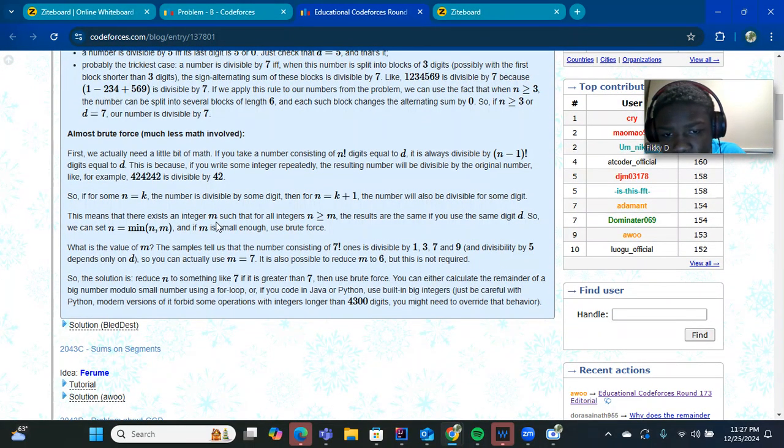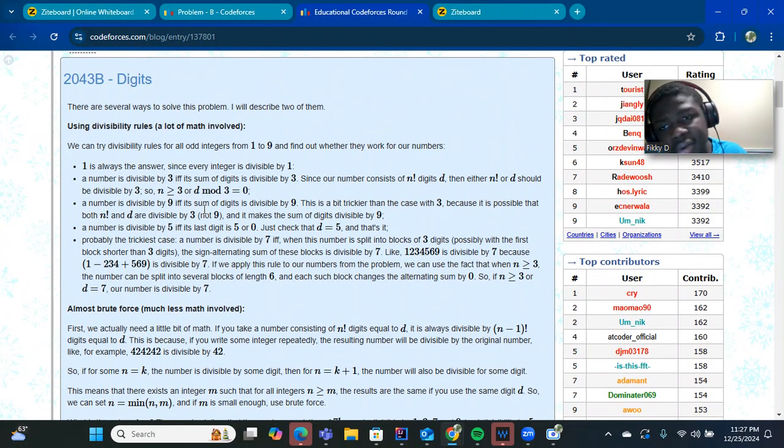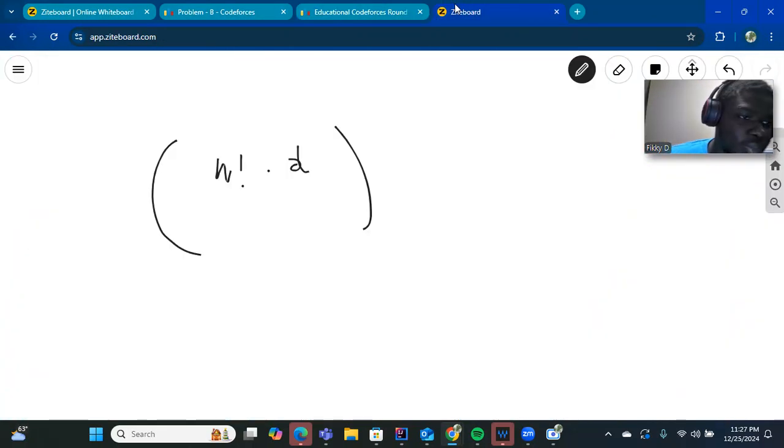Yeah, I didn't really like this problem. This was the trickiest case. And again, unless you're interested in the math of it, which I'm particularly not too interested in, it's more so weird. The way I guessed it was